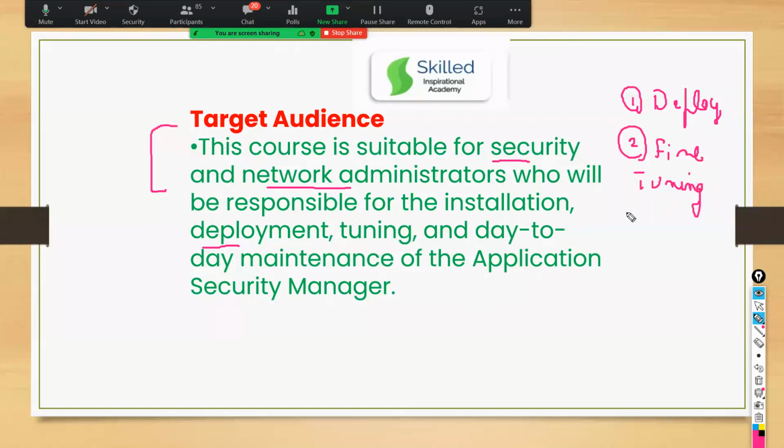Fine tuning means, guys, if it's a legal request, ASM should not block it; if it's not a legal request, ASM should block it. And you can also do day-to-day activities. Once you do this course, you will be able to deploy ASM in a production environment, do fine tuning, and handle day-to-day activities.